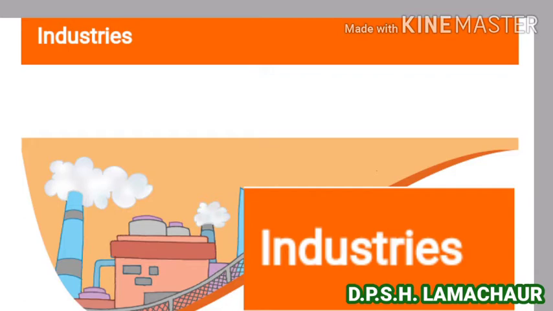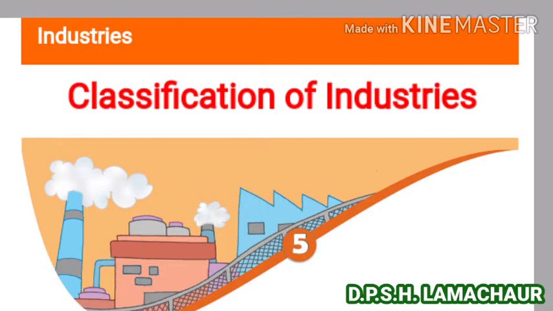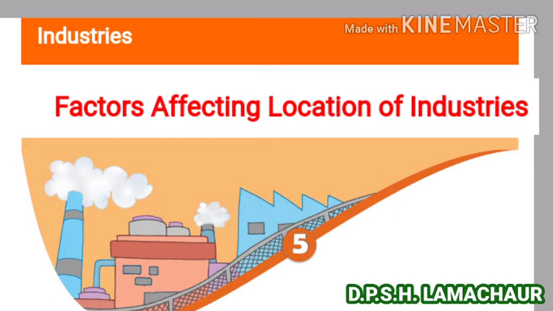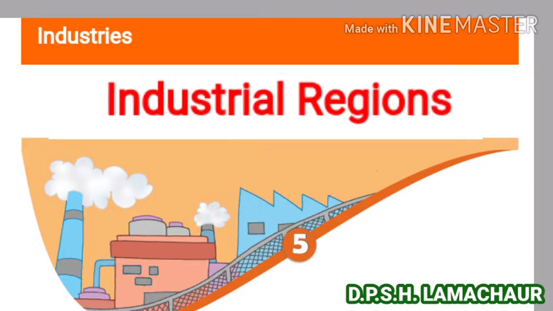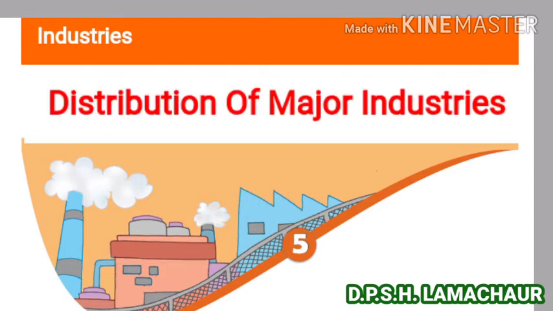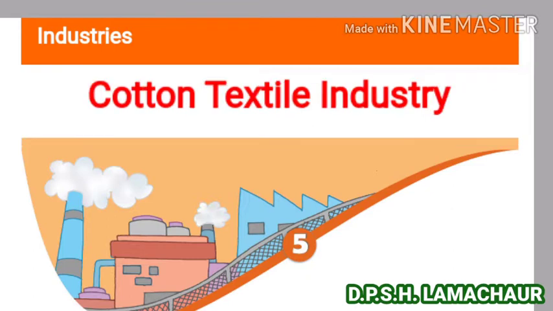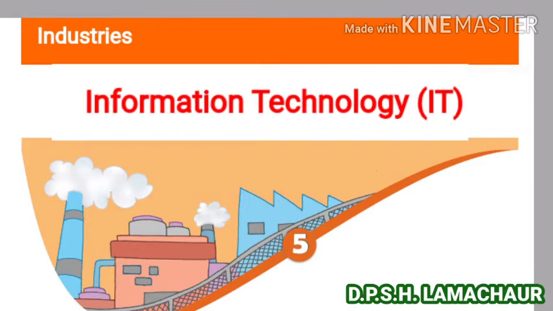So in this chapter we are going to study a few topics. First of all, we will study the introduction of the chapter. Second, we will see the classification of industries. Third, we will see the factors affecting location of industries. The next topic will be the industrial system. After that we will study the industrial regions. Then the distribution of major industries. After that we will see the cotton and the textile industry, and at last we will see our last topic,